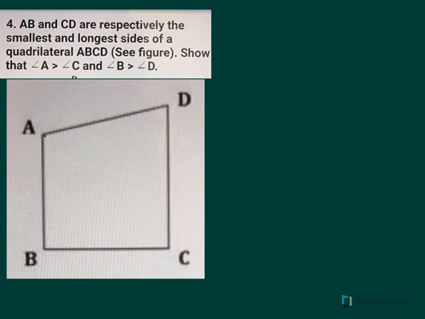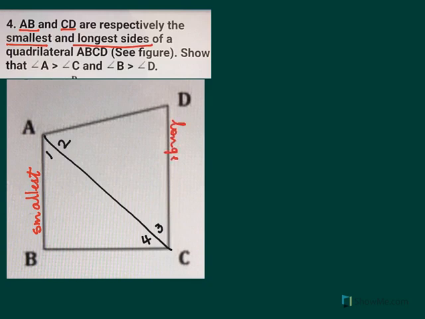For this sum, I need to join AC, and I will mark this as angle 1, angle 2, angle 3 and angle 4. Now it is given AB is the smallest, so let me mark that. Here I write AB is smallest and CD is the longest. To start with, let me take the triangle